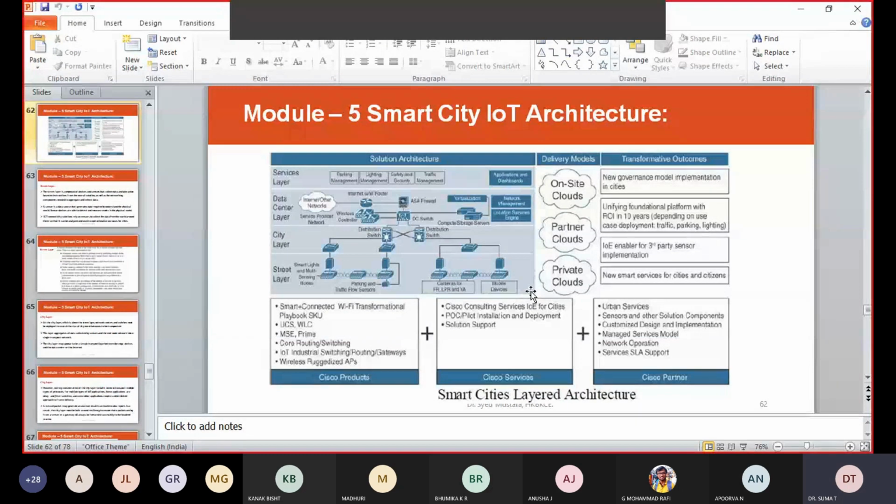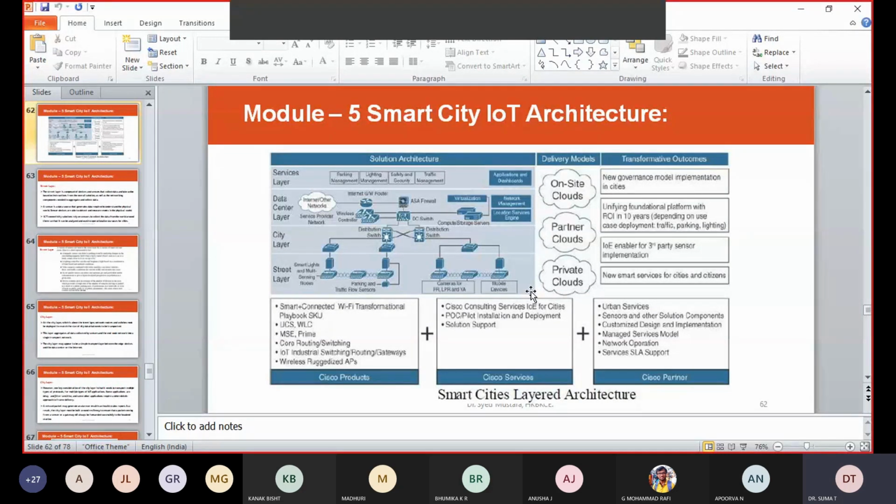So here, see the Cisco products and what services Cisco is going to provide, and who are the partners of Cisco, right? So smart connected Wi-Fi transformational playbook, okay, and you have core routing, switching, IoT industrial switching, routing gateways, and wireless